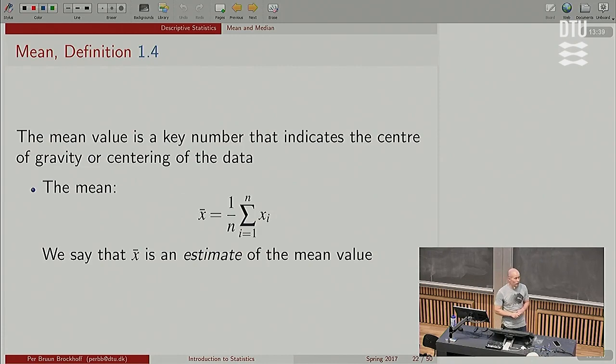Here it comes, the first formula in the course, and I hope a well-known one. How do we compute the sample mean, or sometimes just called the mean? Well, we add up the numbers and we divide by the number of data points. Here we go. If you're not so much into math, you might already be a little confused. I know many of you are not confused. A few could be confused. We have a diverse audience in this course.